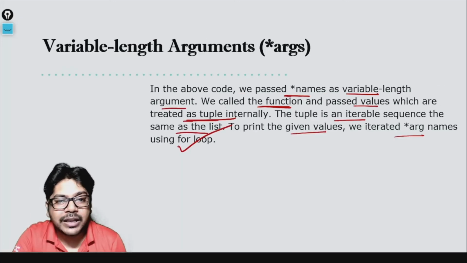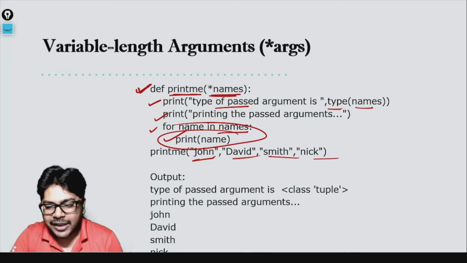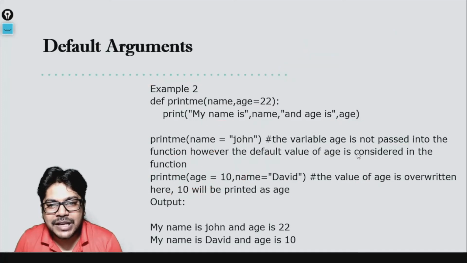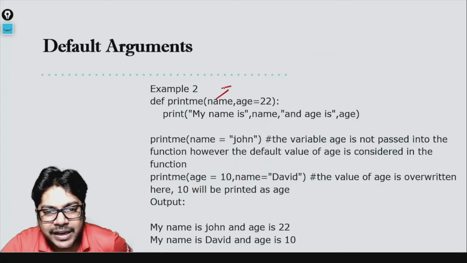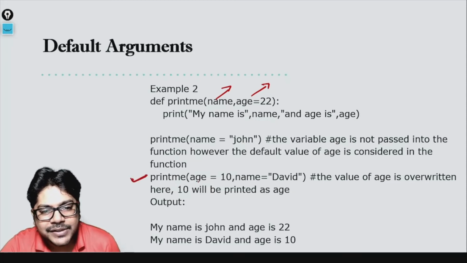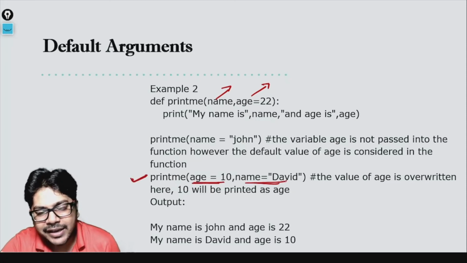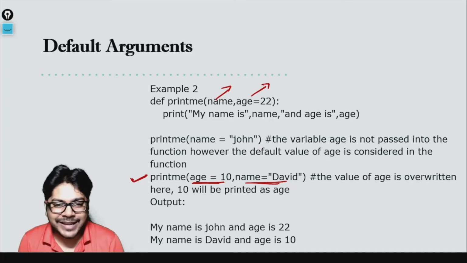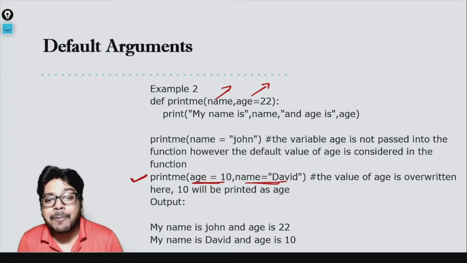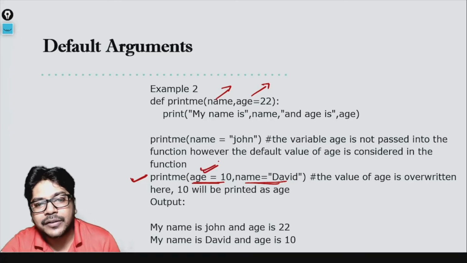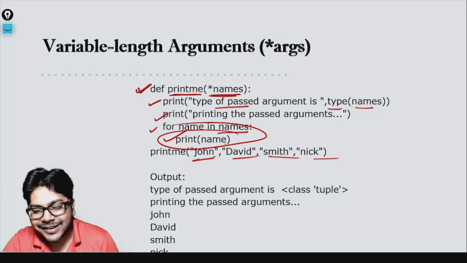Now you do not have to worry about the order. If you have noticed in the example I was taking here, first we have name and then we have age. This is the order that I have. But when I am calling this function, first I am writing age and then name. If you wondered why this is happening and how this is possible, then you had a very sharp eye and you are paying attention. But in case you missed it, no need to worry. This was working because it was a keyword argument.